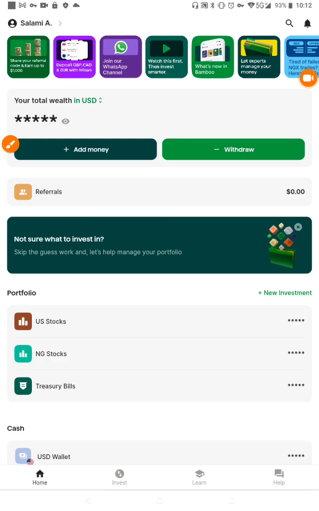Good day everyone, this is PSA Investment, and in this video I'm going to be showing you how to use the Bamboo app for your stock brokerage, buying and selling of shares, and how you can easily make deposits